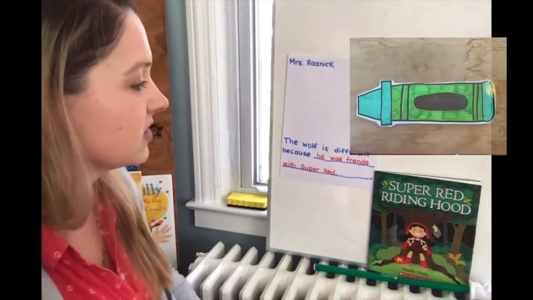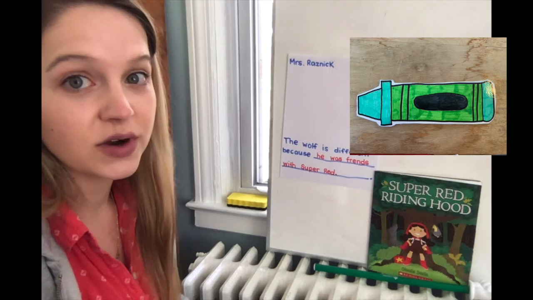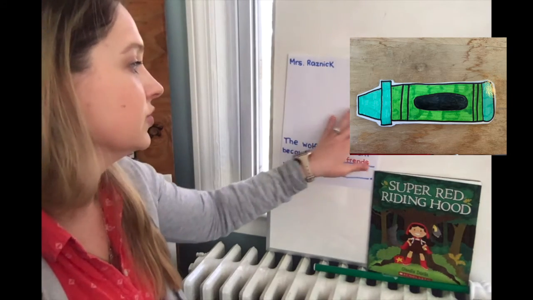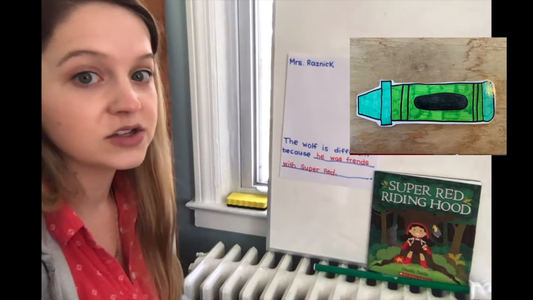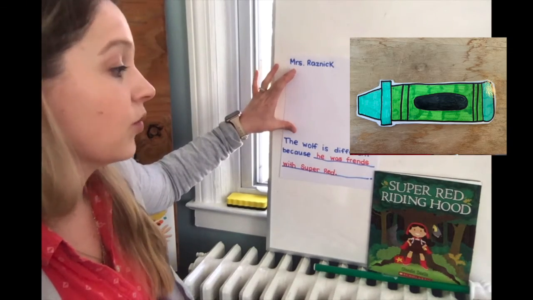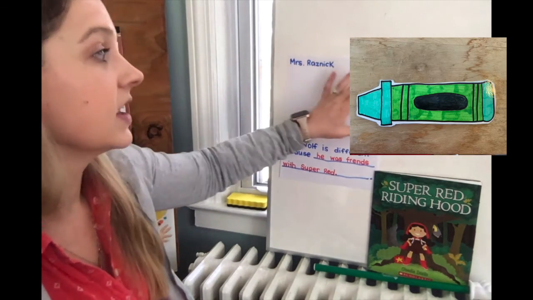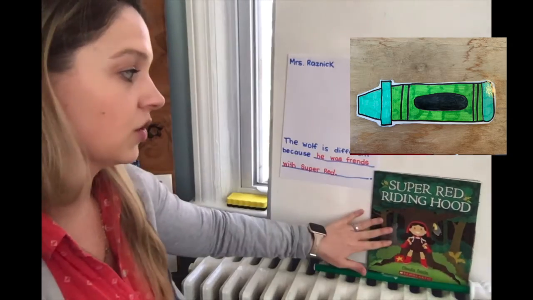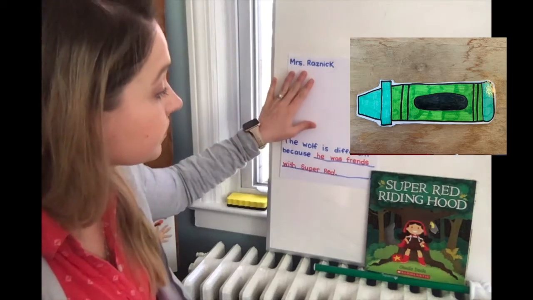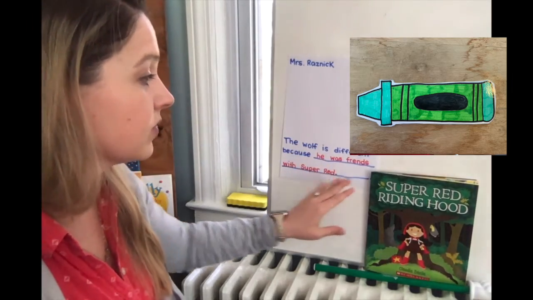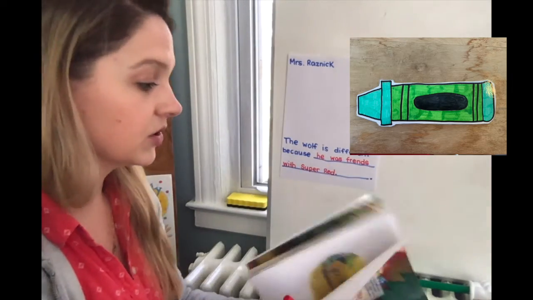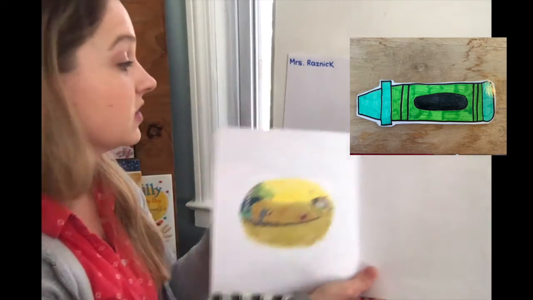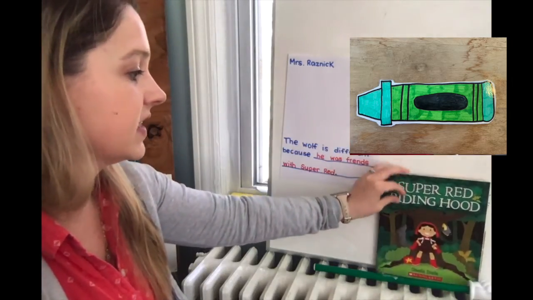All right, in my picture, I can choose to do a couple of different things. Just like yesterday, you have the option of doing two different pictures if you want to. You can draw a picture of one of the other books that we read and then compare it to Super Red, or you can just do a picture to show Super Red Riding Hood. For my picture, I would probably want to do something similar to the ending picture that was in this book, something that shows that the two of them were friends at the end.